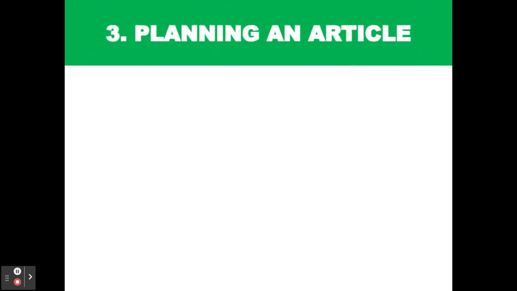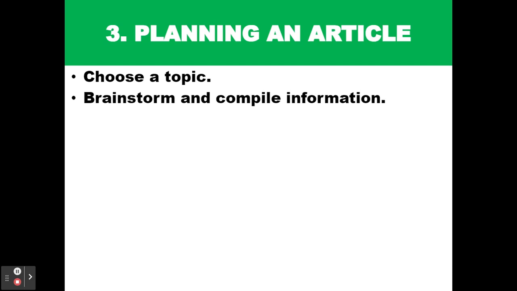Okay, let's look at planning an article, because when you fail to plan, you plan to fail, and this cannot be overemphasized when it comes to writing. You must plan your writing if you are going to write a good one. Now, the first thing is to choose a topic, and to do that, you have to brainstorm and compile information. To brainstorm means to think about the subject you are going to discuss, and then come up with ideas,